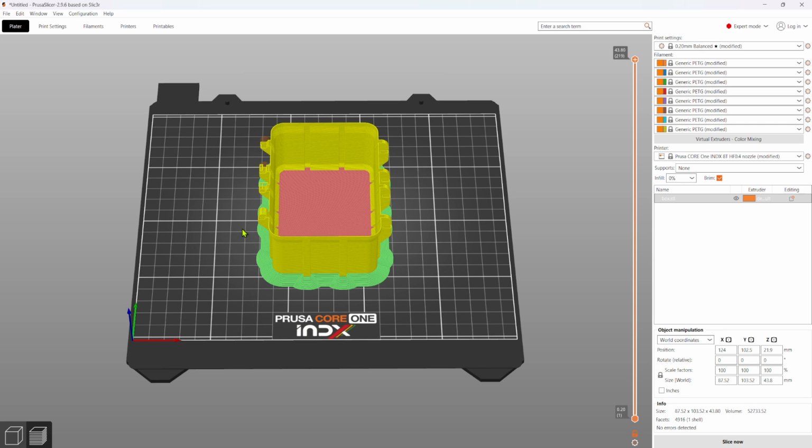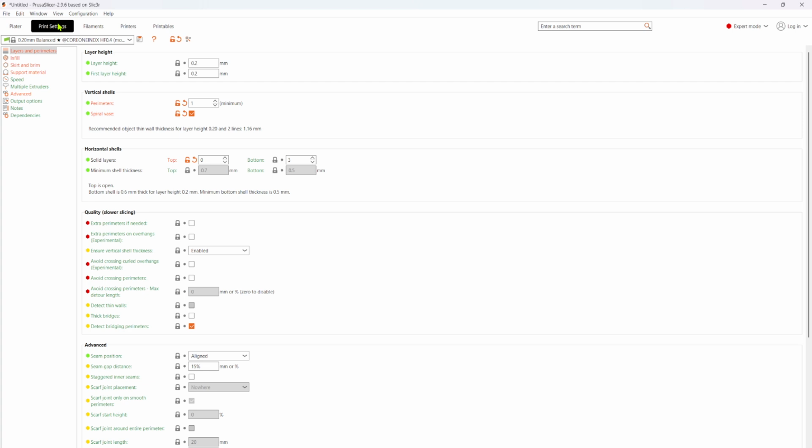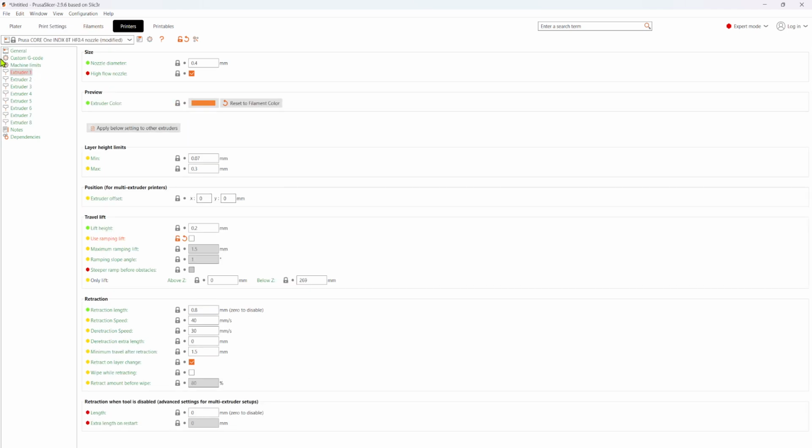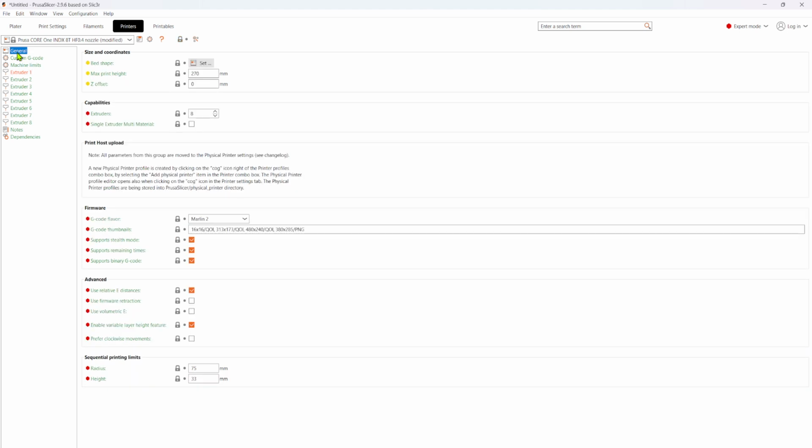Now, if you want to disable it for one specific machine profile, you can change the firmware compatibility settings. So click on the printer settings. We will not find it in print settings but in printers, and then we will select General. Now scroll down to the firmware section